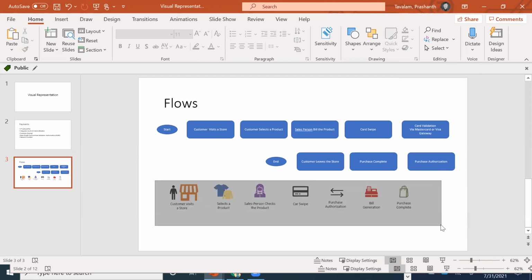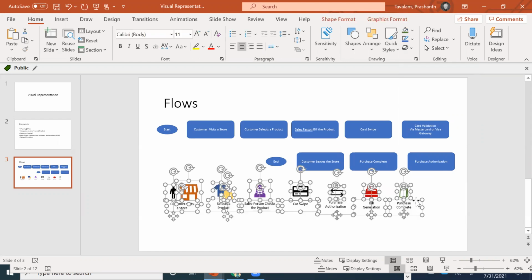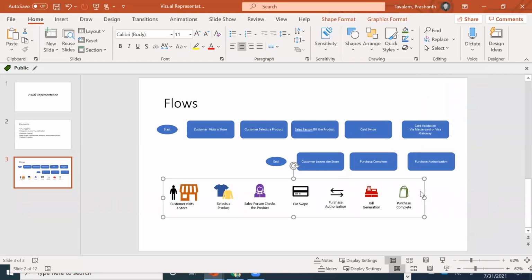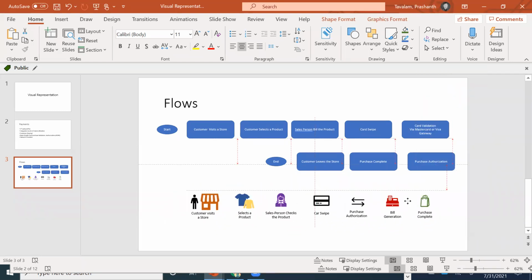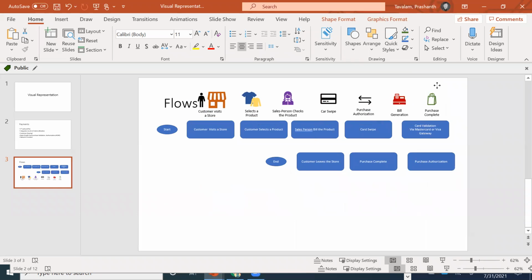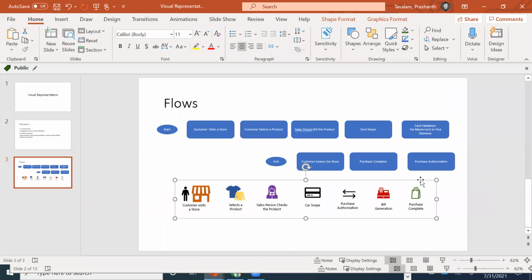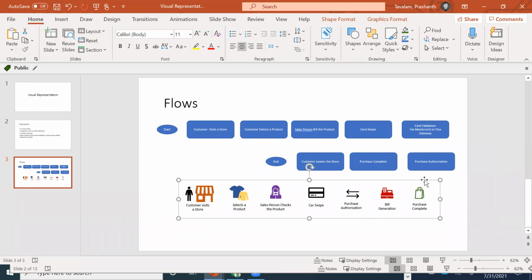The same information. I'm grouping it now. I grouped the images, so it's easy to move around. Whenever you want to place it anywhere here, you can place it here. So you see, this is a great way to represent visually information that you want to see. Now, this is a combination of offline and online interaction. Okay, so very little online interaction that you are seeing.